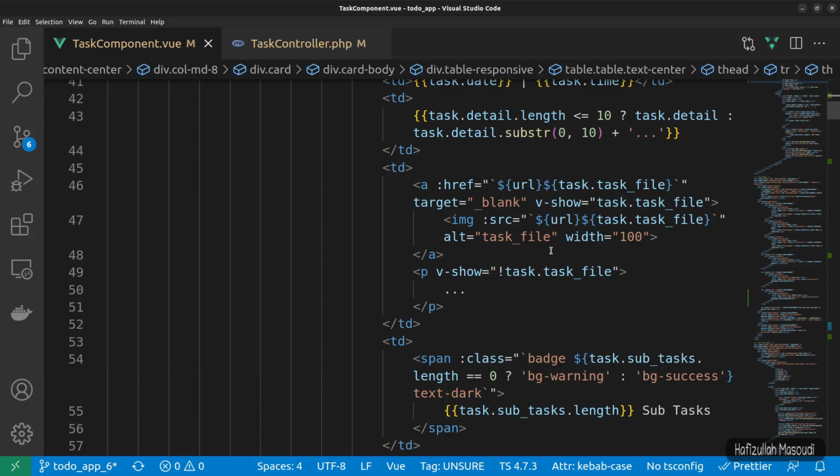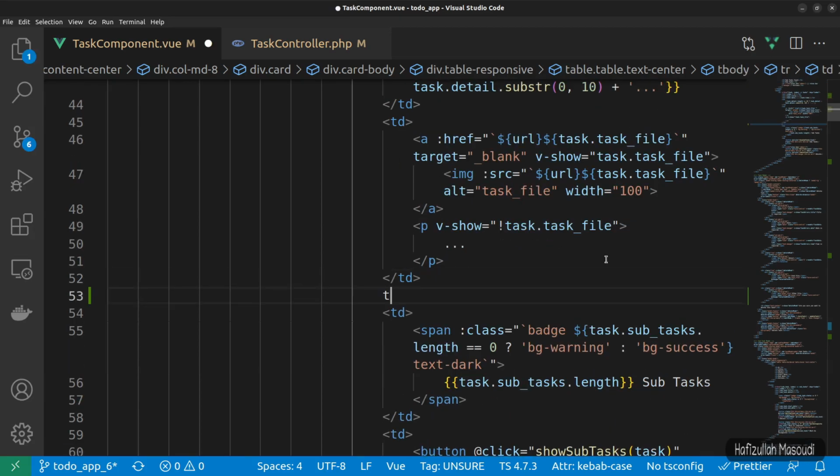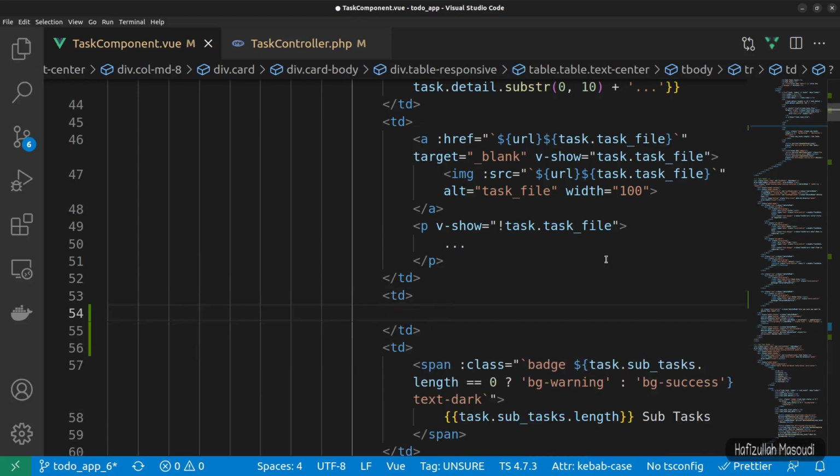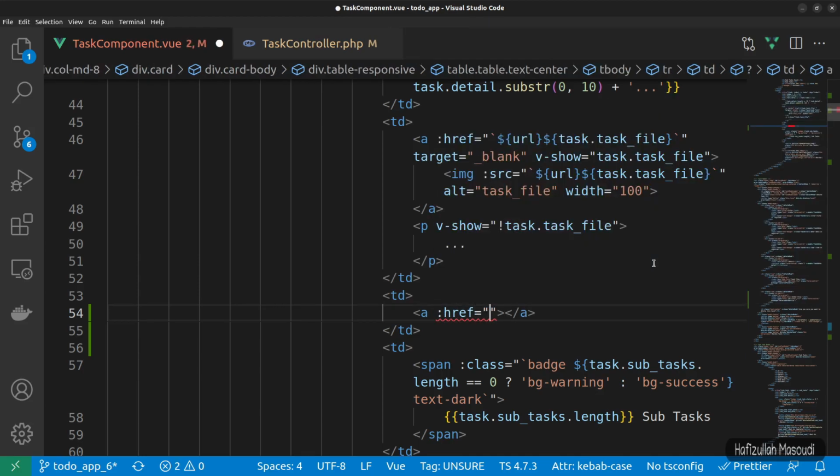Well, this is the task file. Now let's create another td, and for the file download we will create an anchor tag. So let's also bind this href to the view object, and in here let's say, for example, we want the URL,